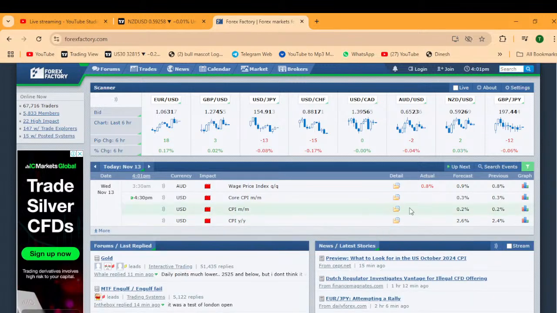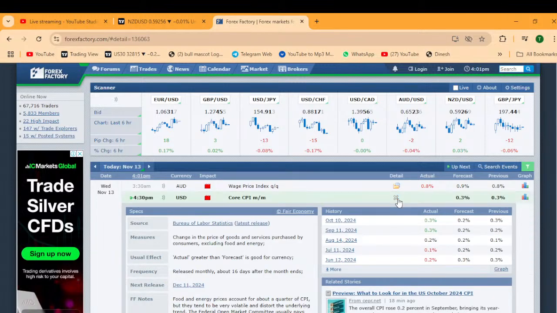If you look at the core CPI, it is the same thing. It has been positive, positive, positive, positive. It was bad in June. July was bad, it was negative. Then August, it was positive. August worked as the pivot point, the changing point. Then September, we saw positive.